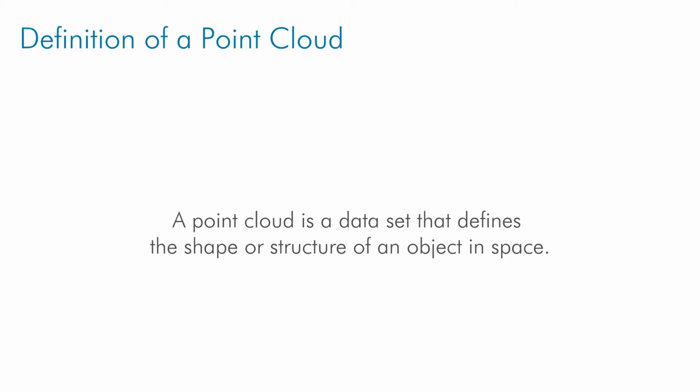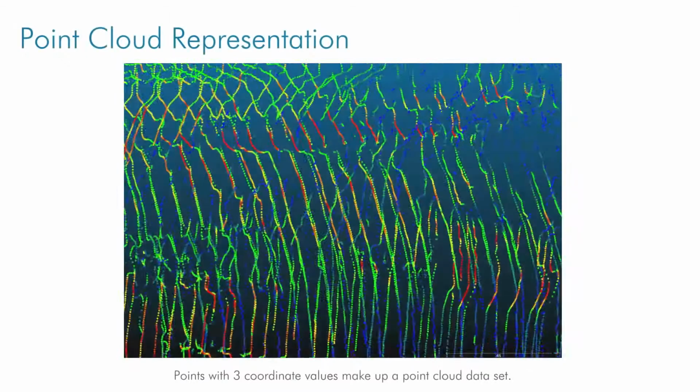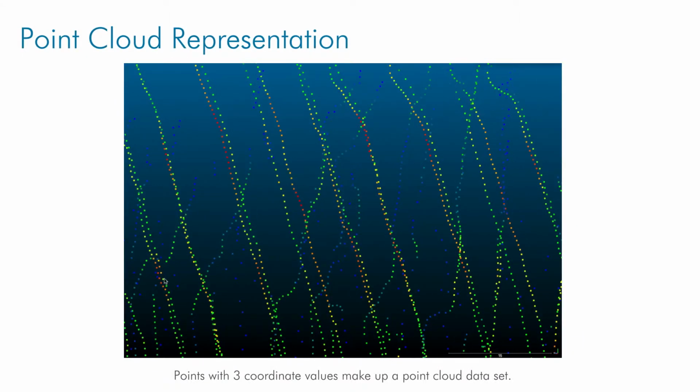A point cloud is a dataset that defines the shape or structure of an object in space. The base element of a point cloud is the single point. A point represents a specific location in space and is comprised of 3 coordinate values. One or more points makes up a point cloud and can be used to represent the 3D characteristics of objects,